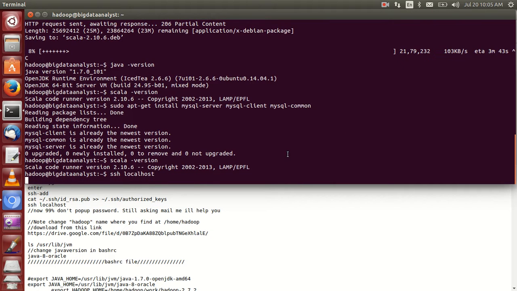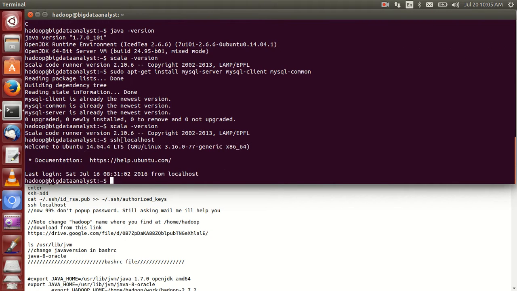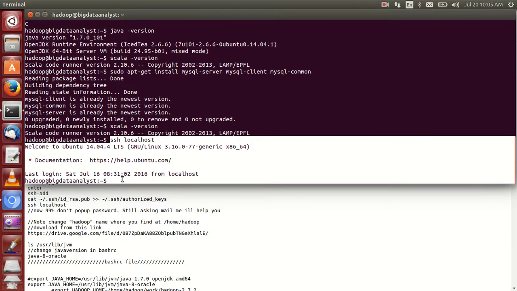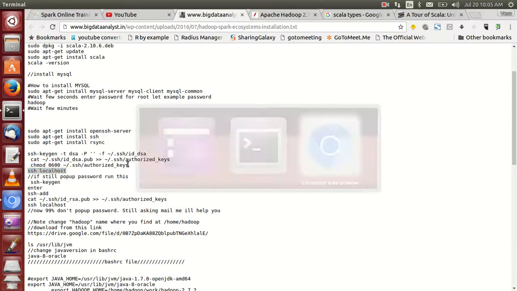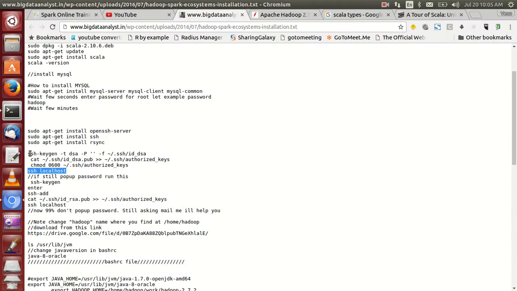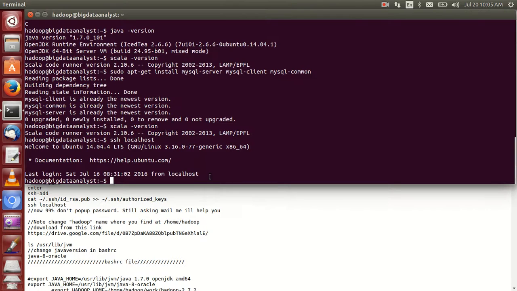Yes, enter ssh localhost. In this way, without any password, you have to execute it like this. Otherwise, if it pops up any password, you must run these commands once again. If it still pops up a password, run ssh again.